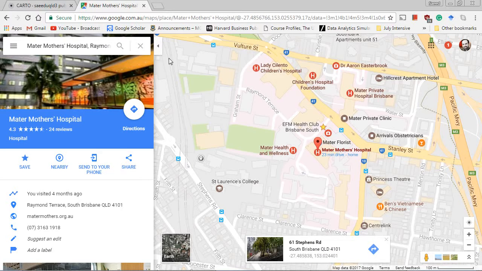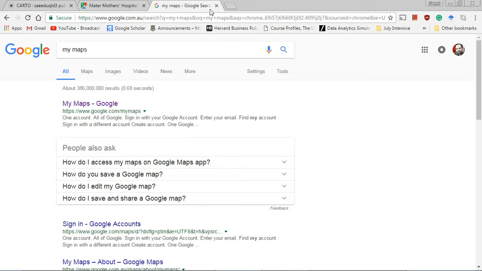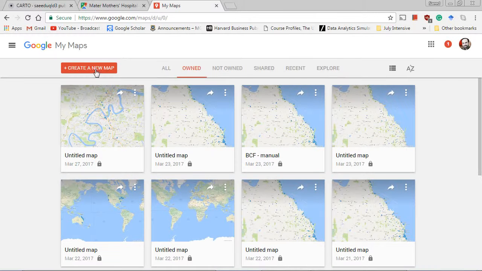The second approach, if you have a list of different places that you want to get the longitude and latitudes for, it is a good idea to go to Google My Maps. So it is different from Google Maps. It's called My Maps. So just search for My Maps, and the first link would be Google My Maps. And within Google My Maps, you can create a new map,